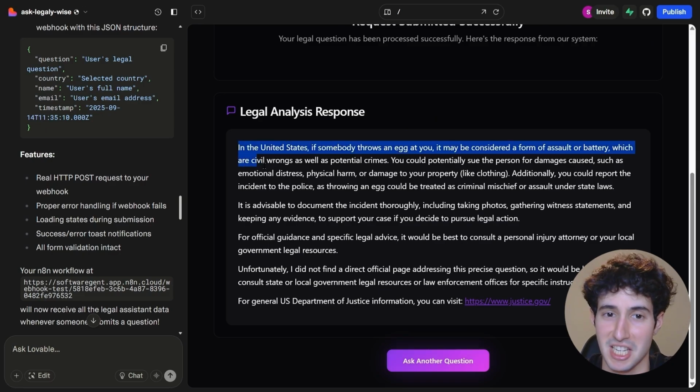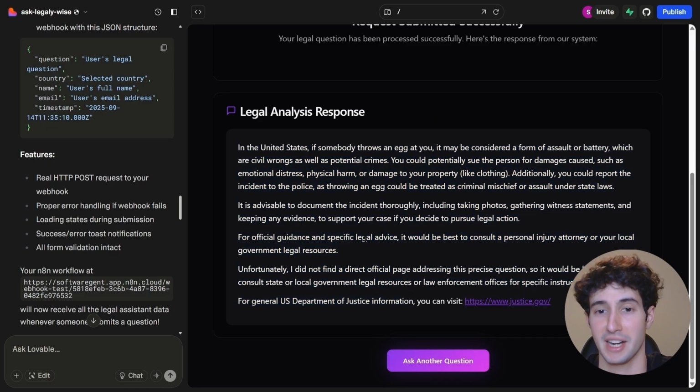But remember, this is only the first step, because right now, since we provided the free value with this response, what we want to do is try to upsell that person so he can book a consultation with an actual lawyer that we have in a law firm. Because if we don't do that, we're basically building a useless app, since we will not have an actual way to monetize it. But if we're actually able to upsell them, then this app will be valuable, and then we will be able to go and sell it over to law firms, since if they use it, they will manage